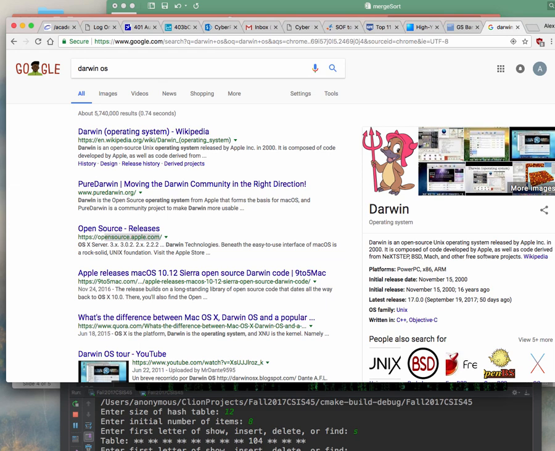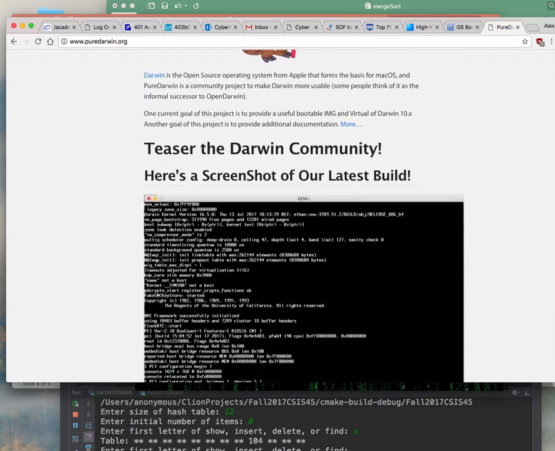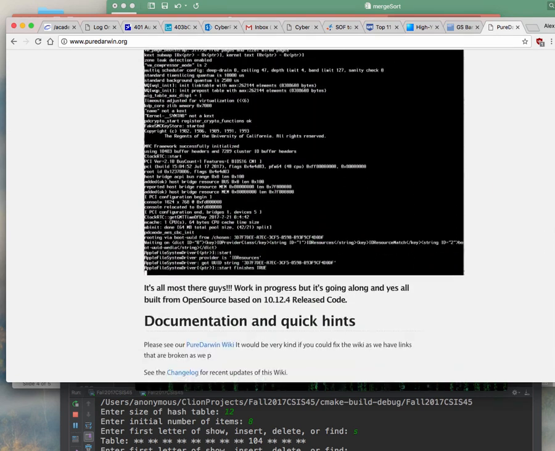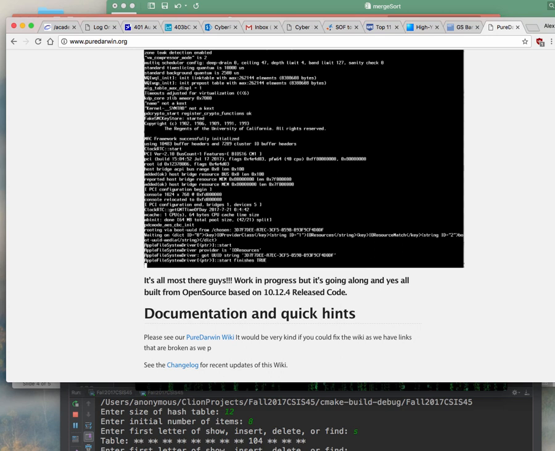Because their operating system was Unix initially, and the copyright issues were such that they had to release their software for free initially. So if you really want to, I think it's Pure Darwin or something, you can go in there and compile the whole operating system from scratch. There's a free version of OS X. It's not the most recent one, it's actually the oldest version of OS X, but it is available for free, and you can download it and install it. Okay?